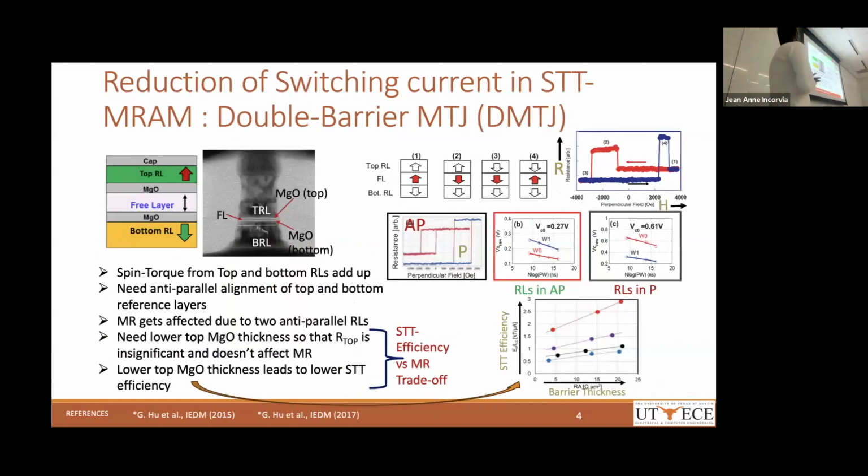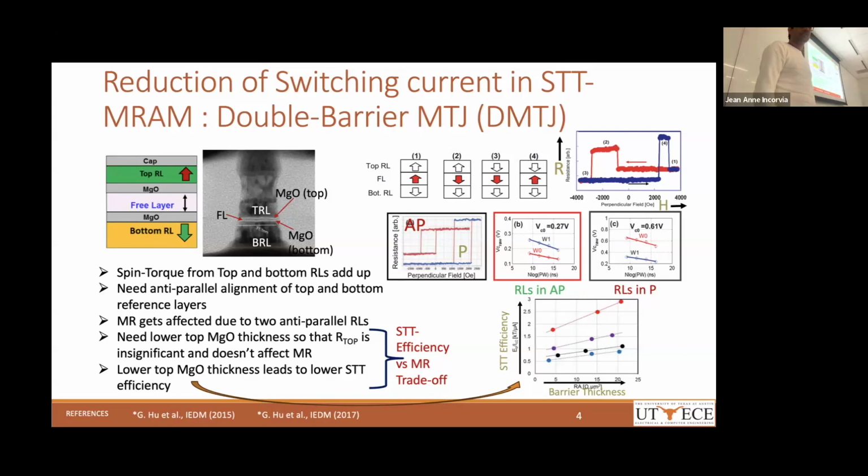So I'll talk about a very interesting work which came out from IBM. Here they basically use two barrier layers, one in the bottom and one in the top. Okay, so the idea is to add up the spin transfer torque from both these layers into this free layer. And to do that, we need anti-parallel alignments of these